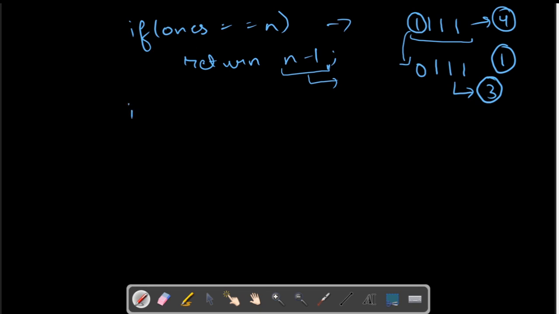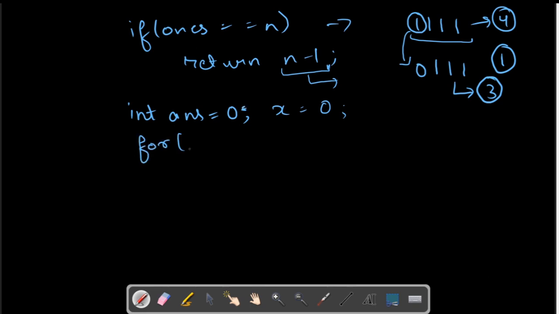Now I'll initialize another variable answer, which will be the answer to this question. I will initialize it to 0, and I'll keep one more variable x, let's say, also 0. I'll explain why I have taken this x and answer.